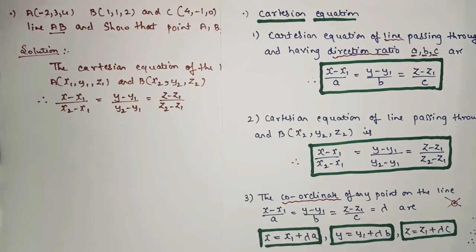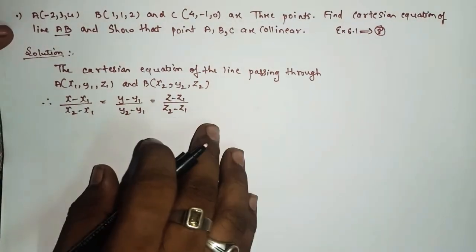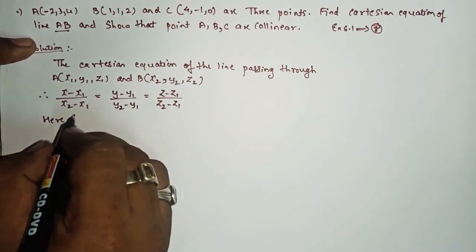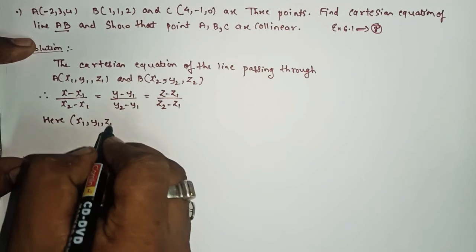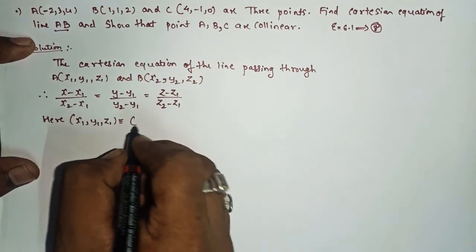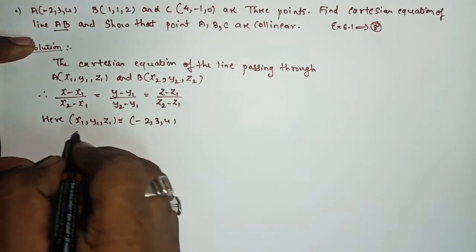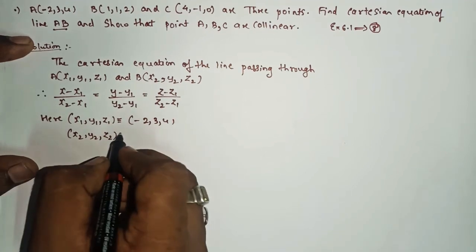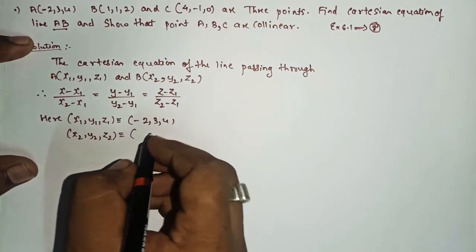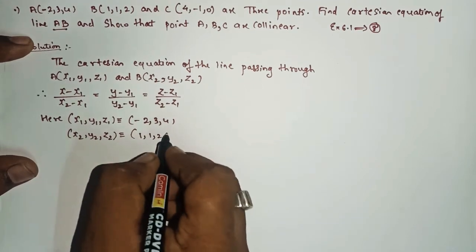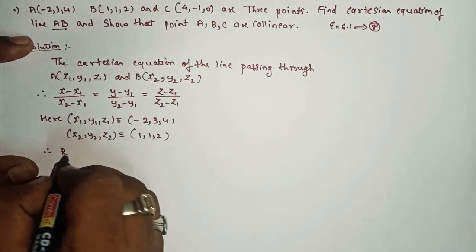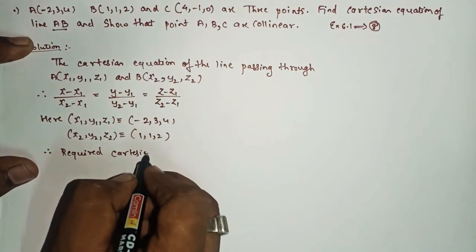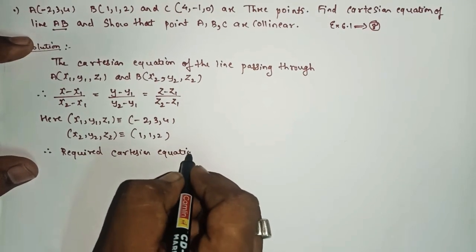Okay, so now here you will write x1, y1 and z1 is what? Minus 2, 3 and 4. x2, y2, z2 is what? 1, 1, 2. So therefore we can say that the required Cartesian equation is,